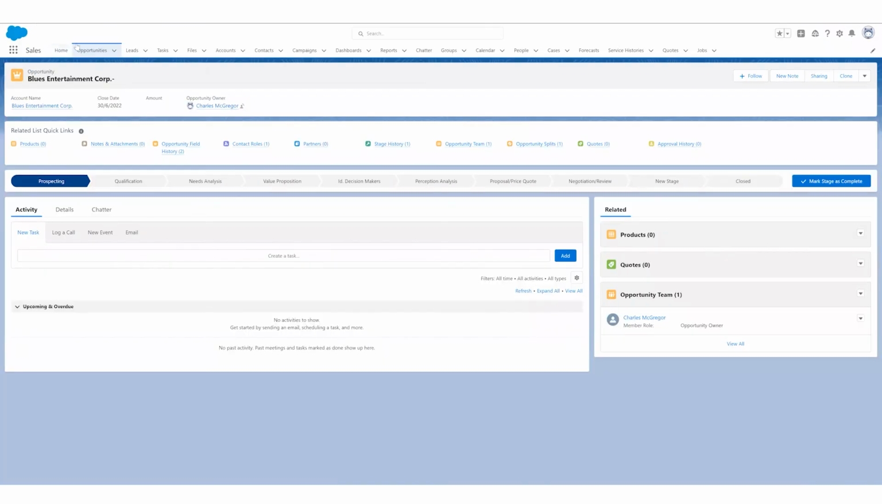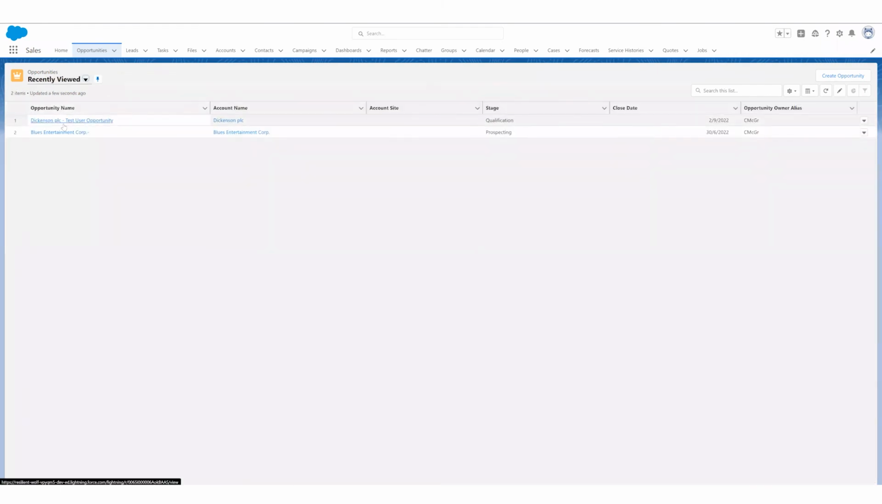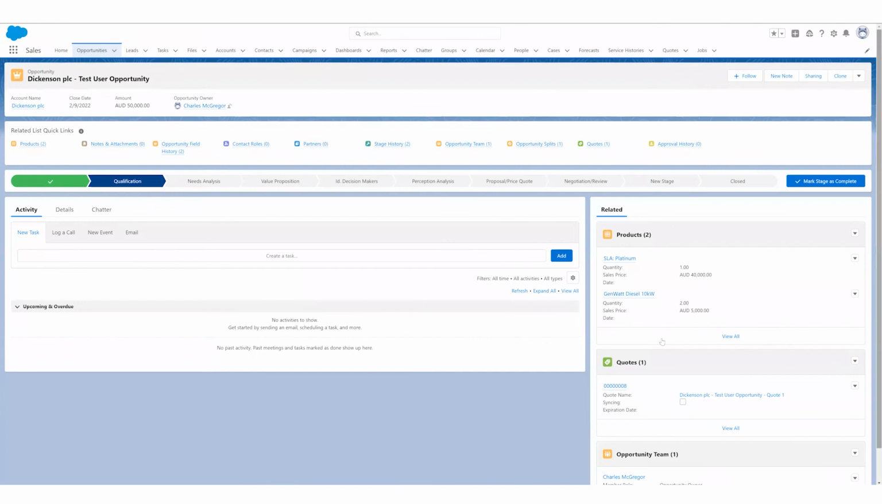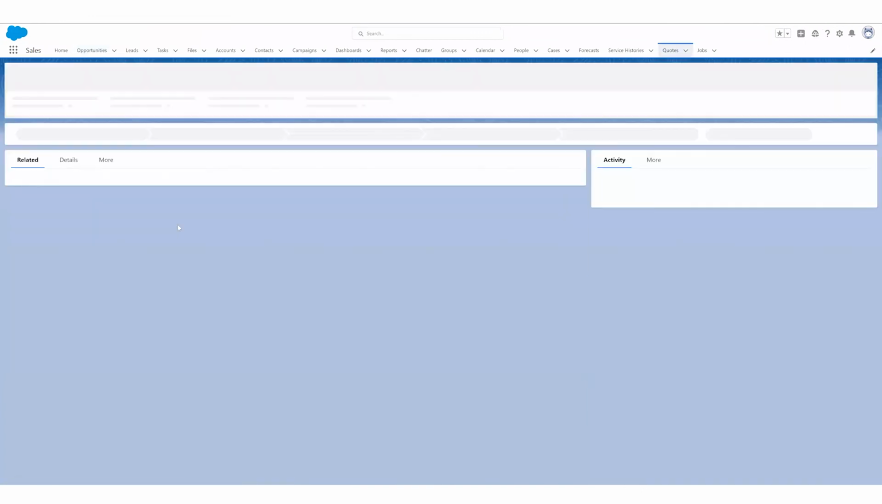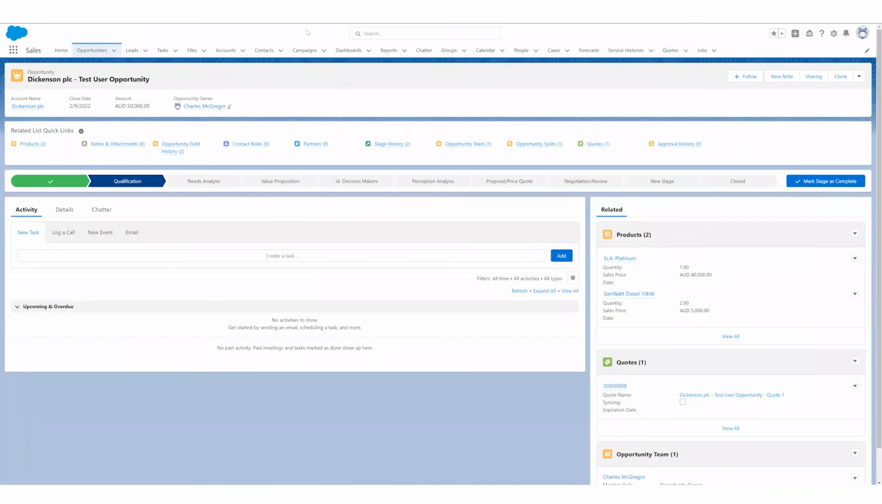Now, screen flows actually do commit the data to the database. So I can see here that the one that I just ran in my debug log has created the records, it's created my quote, and I can see all of the information here. But if we look at it from a user perspective,